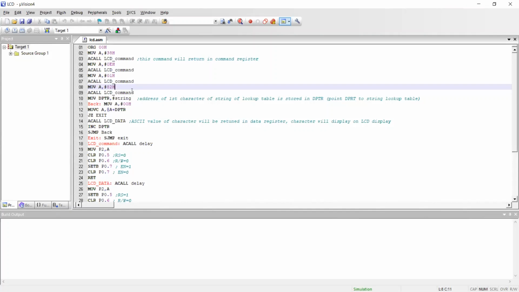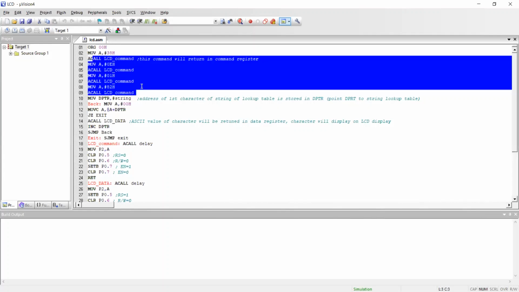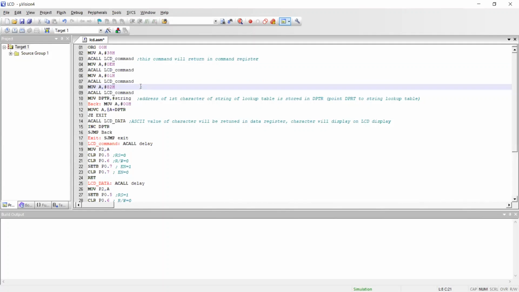So this is to display the character from location 82H. Why 82H? Because the first row location starts from 80H, but I'm not using 80H. I have to start from 82H. So that's why.